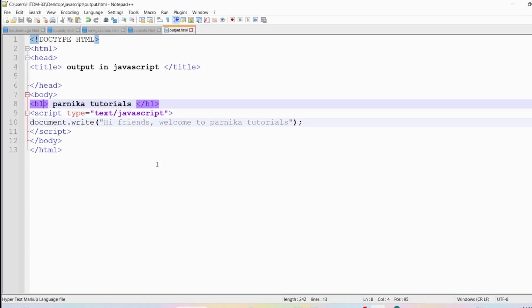If you want to display certain content using JavaScript, but you want to enclose it with the help of any HTML element, then you can use this inner HTML concept. So the inner HTML concept is useful for you to display certain content using JavaScript with the help of any HTML element. Now let's consider that I want to display "hi friends, welcome to Parnika tutorials" with the help of the h1 tag. That I can do with the help of inner HTML. In inner HTML, we have